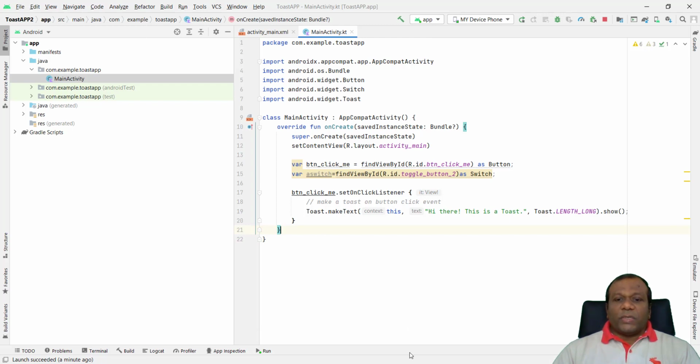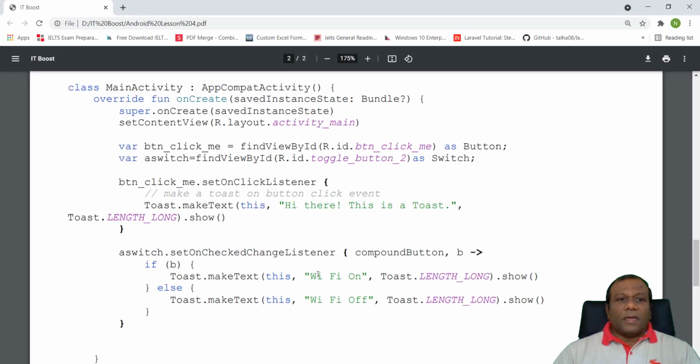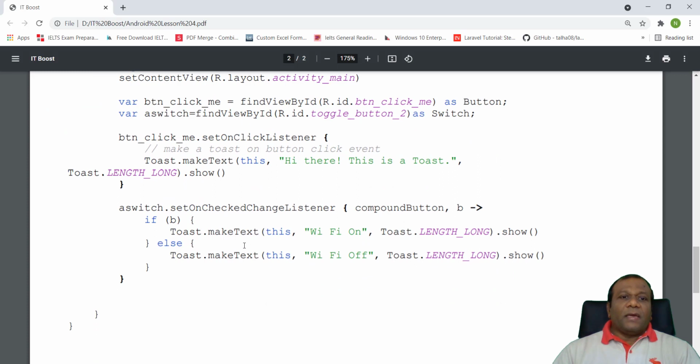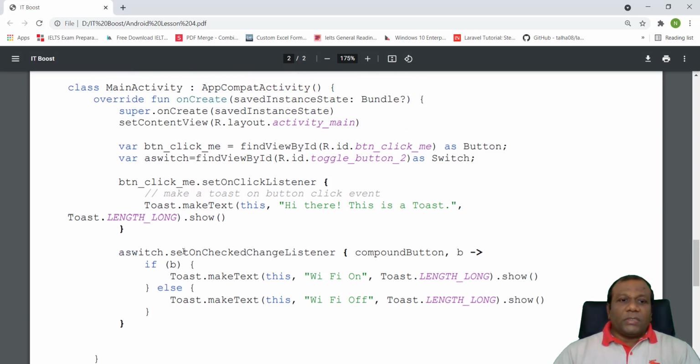Right. So we have to add an event for the switch, that is set on checked change listener. We have already cast the switch, so switch dot set on checked change listener, compound button, this is b.